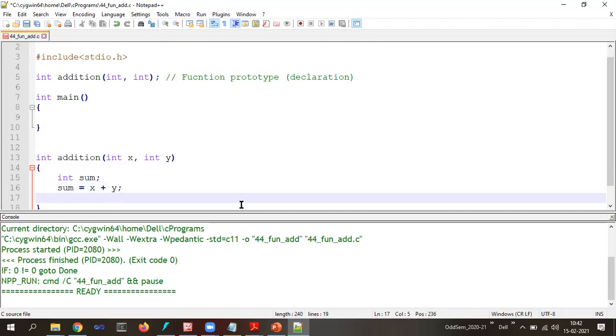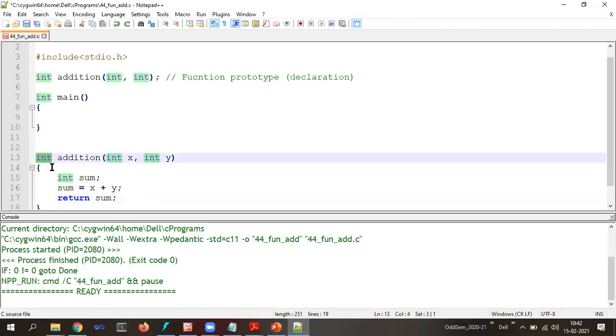So here it is going to be only one statement, that is sum is equals to x plus y. Okay, then the last part, that is return statement. If the function is returning something, then the return statement has to be written, right? So it is written using the keyword return. Then what it has to return? A particular value. That value is stored in which variable? Sum variable. Is that sum variable's data type the same as the return type written here? Yes, both are integer.